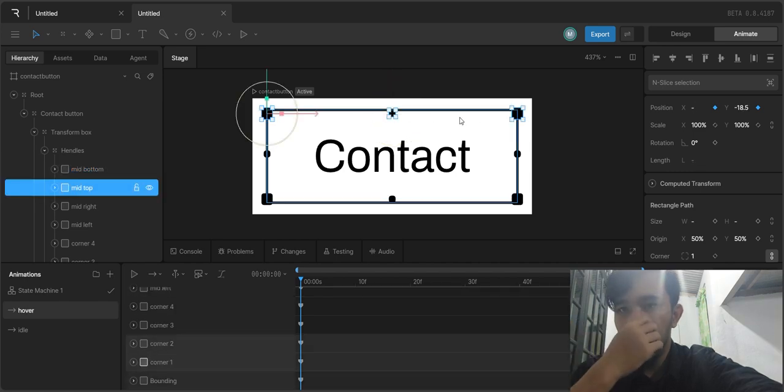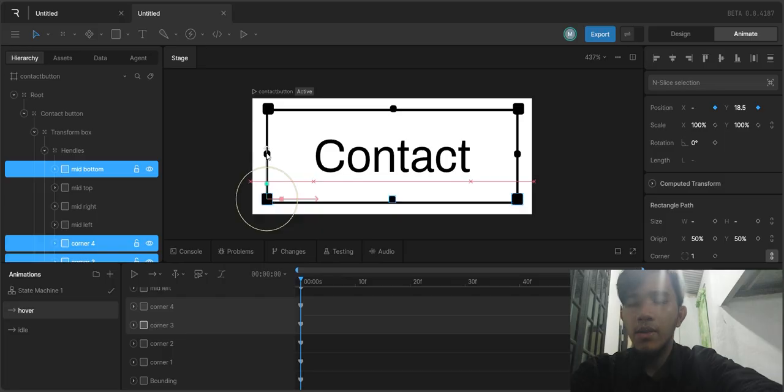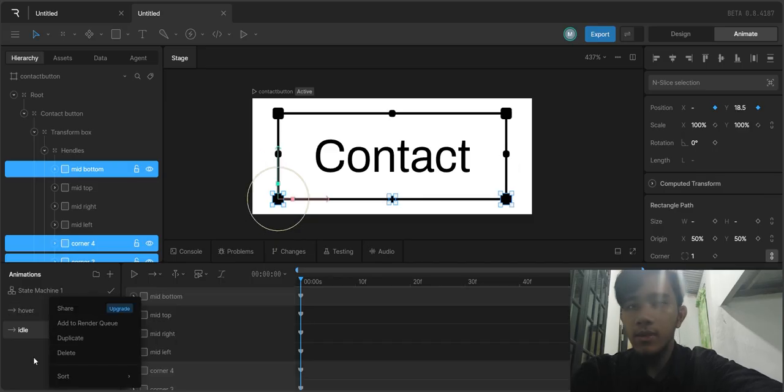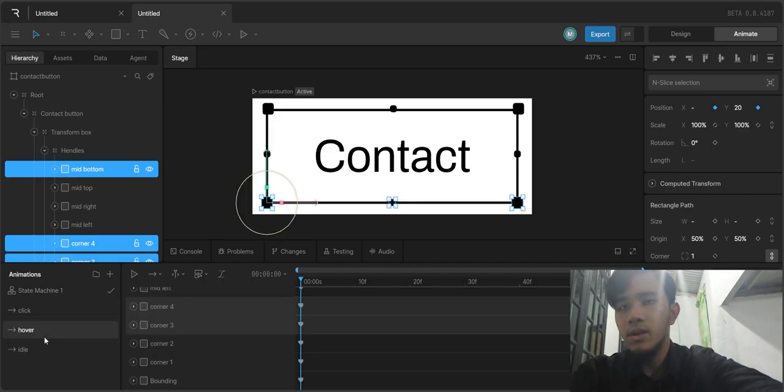Then we will get into the setting section. To set button states, switch from design mode to animate mode. You will see the state machine panel at the bottom. Then rename the first timeline to idle.